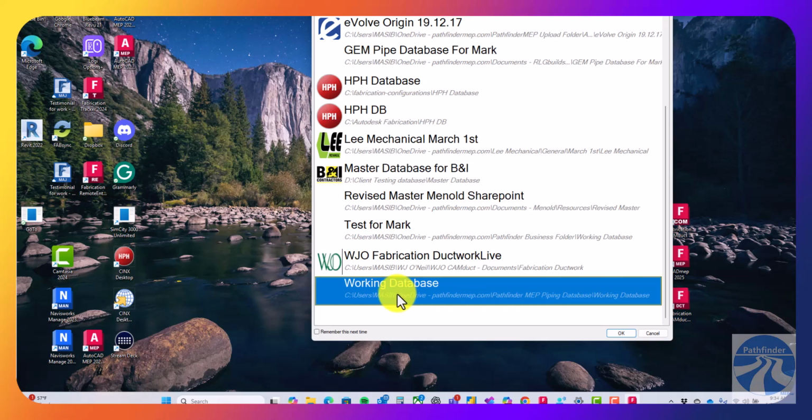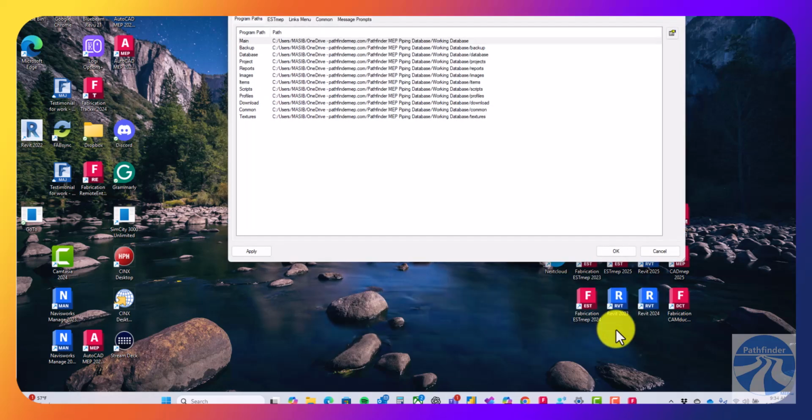One thing I don't want you to do is I do not want you to check this box right here. Okay? Never check this box. If you do, you need to come back in here and change it. But we'll select that database, and then we're going to see the file paths of all of our folders within the database. Every folder should be within the database except for the project folder. The project folder right here,